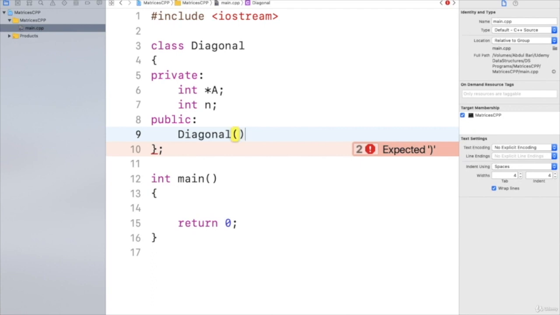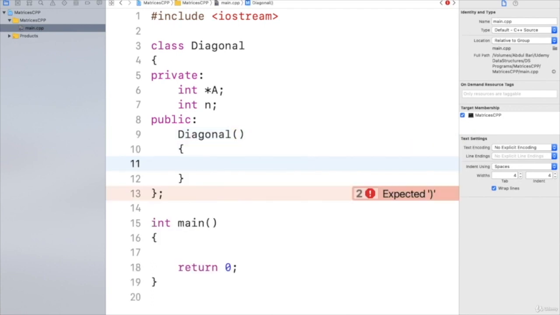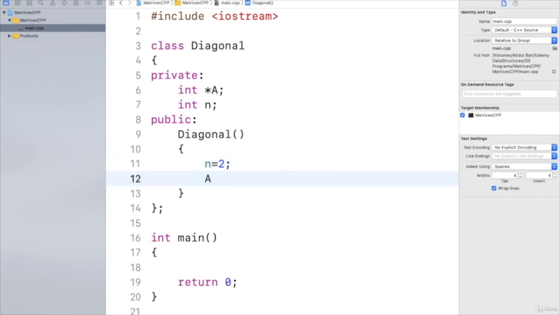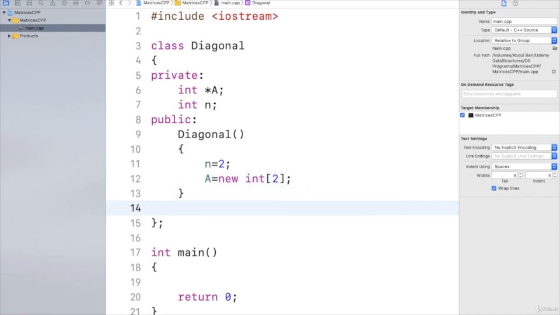Diagonal constructor, first of all I will define a non-parameterized constructor. So here I will take minimum dimensions as 2 for a diagonal matrix, that is a 2 by 2 matrix, and array I will create of size 2, int of size 2. Means if size is not given, then minimum we will create an array of size 2. Then otherwise we will have a parameterized constructor,